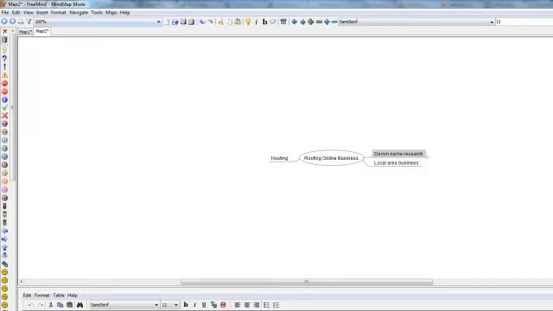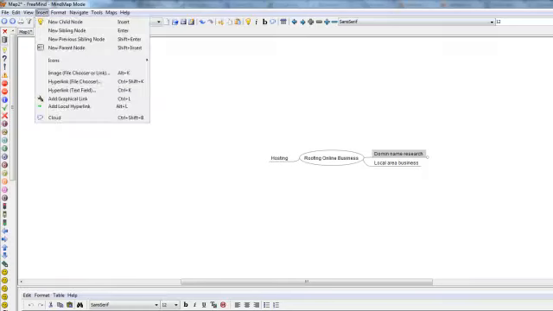With this free software, you also have different options to put little icons. As you can see on the left hand side, you can incorporate these icons, and you can also incorporate hyperlinks. Say if you had a website and you want to link it to the node, you can link the website to that, and you can also link an image to it if you wanted to.